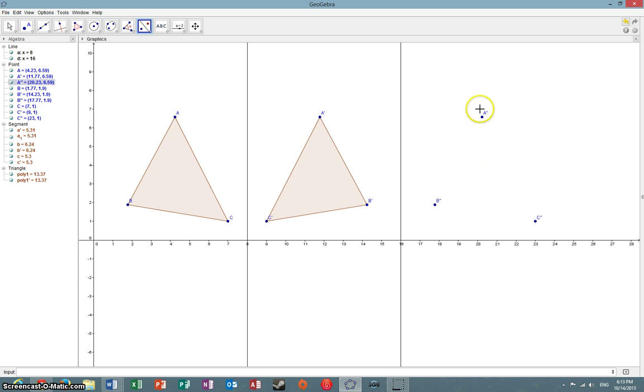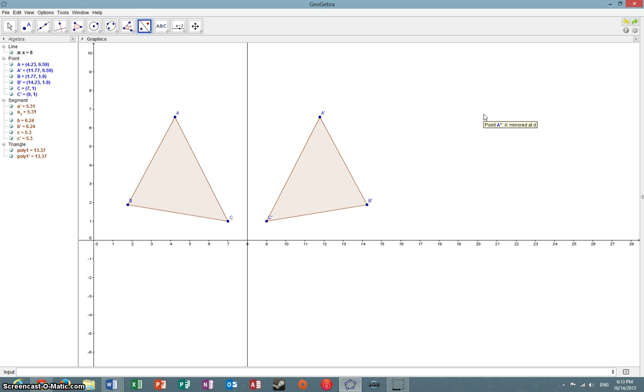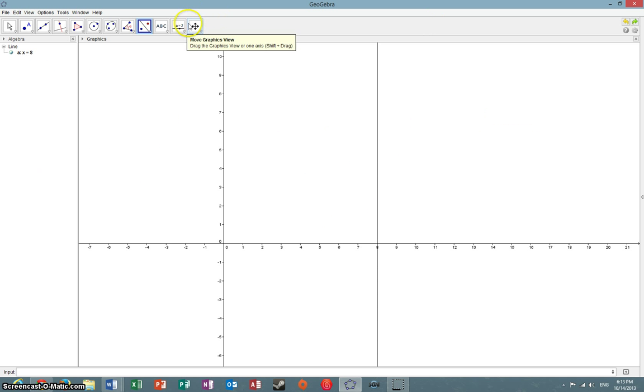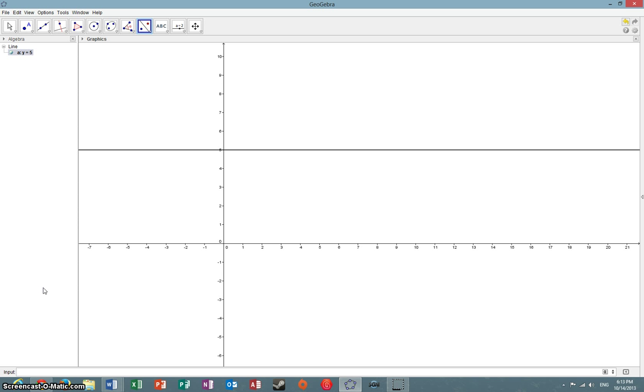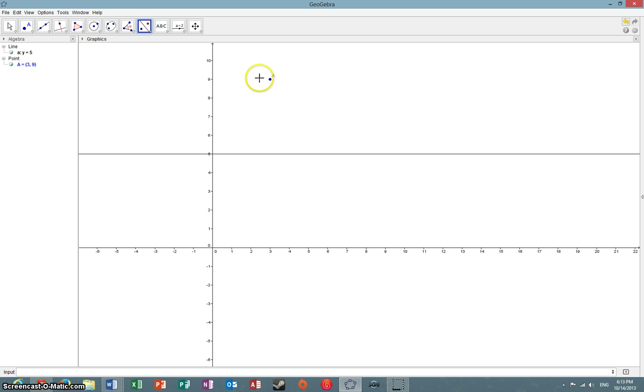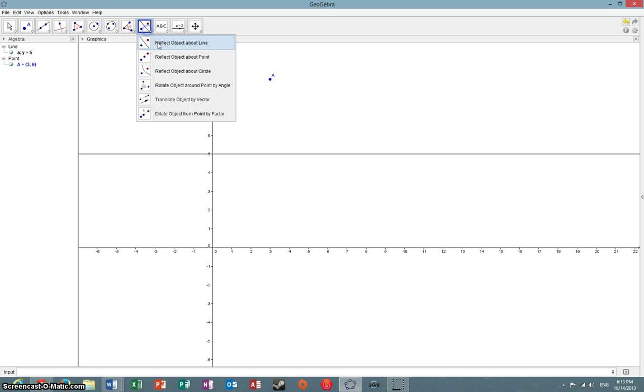Let's examine just how one point can behave over a line. So let's have the line y equals 5. And we're going to reflect a point. Again, just using our input function, we can put in a point at, let's say, 3, 9. So using the same process, I can reflect